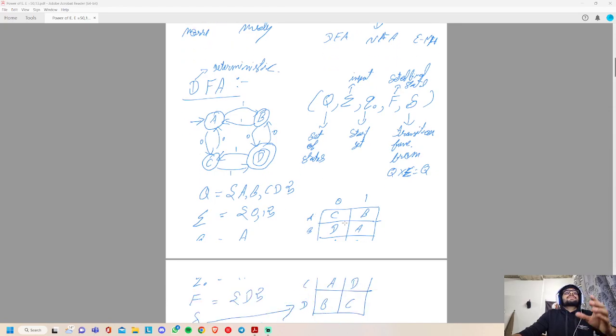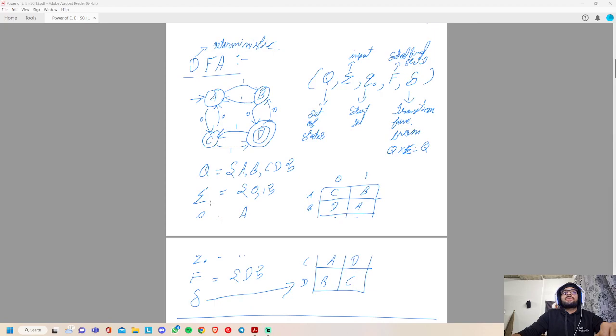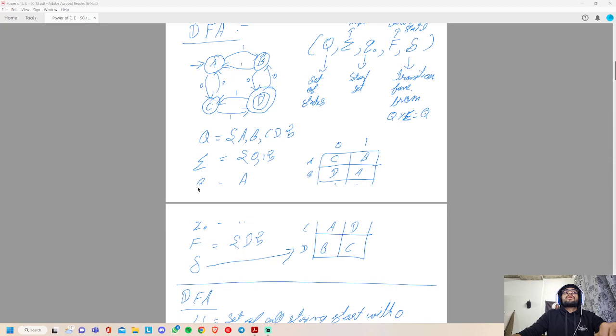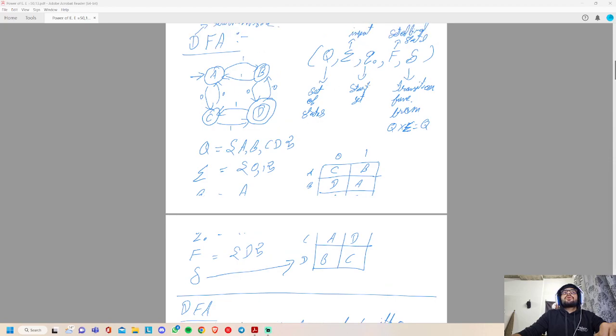Now let's discuss what is Q. Q is the states A, B, C, D. All these are Q. Sigma, what is sigma? Sigma is the input. And what are the inputs we are giving to these states? 0 and 1. What is Q naught? Q naught is A. This is the start state.